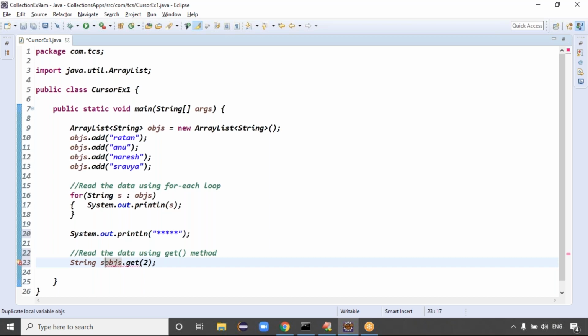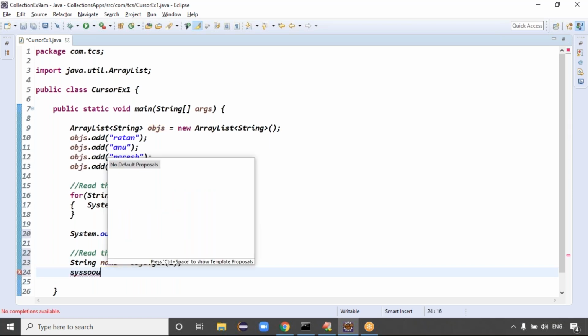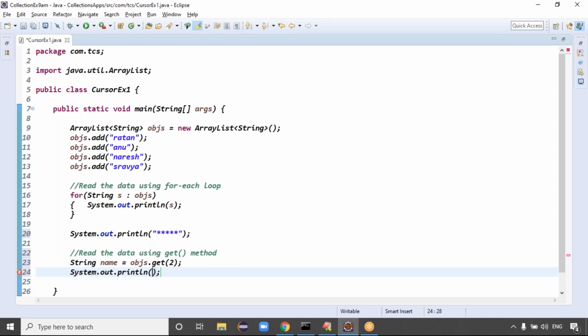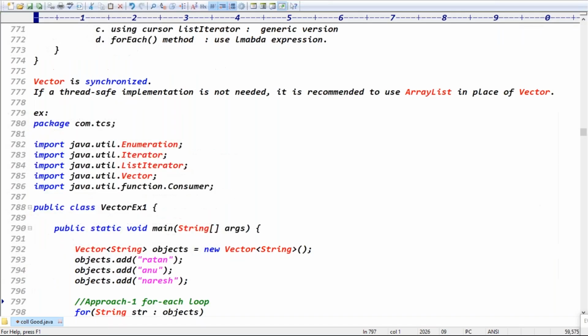So take String name, and print it with sysout, control space. That's it. We read the data using the for each loop, and now using the get method.